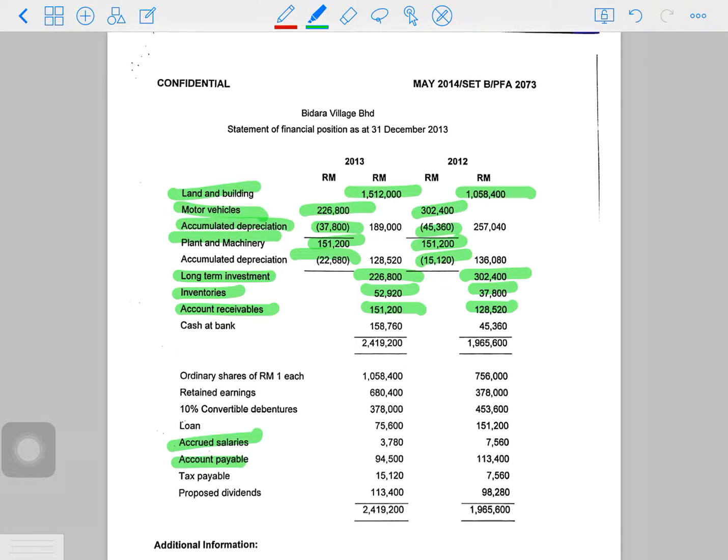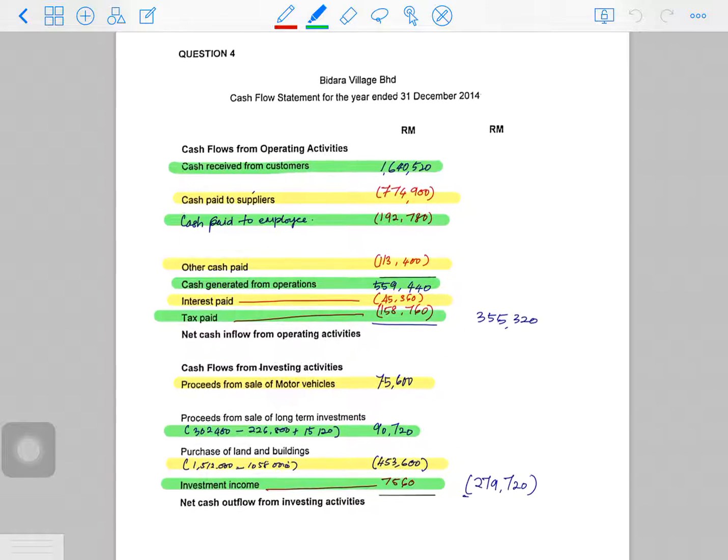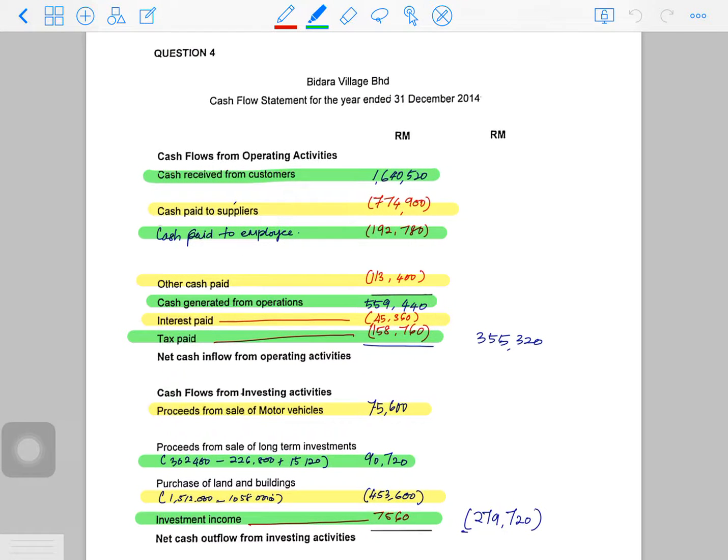Now, for current asset, macam inventories and account receivable ni, yang ni kita akan masuk dalam statement of changes ini, dalam cash flow, untuk kita cari, since dia guna direct method,